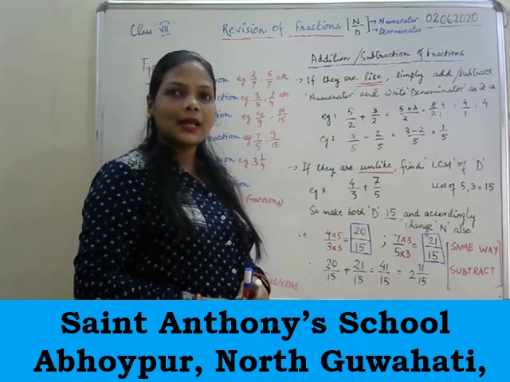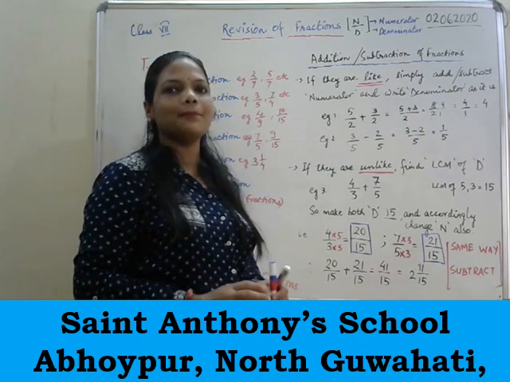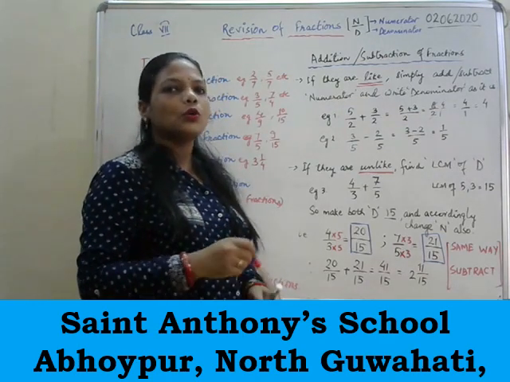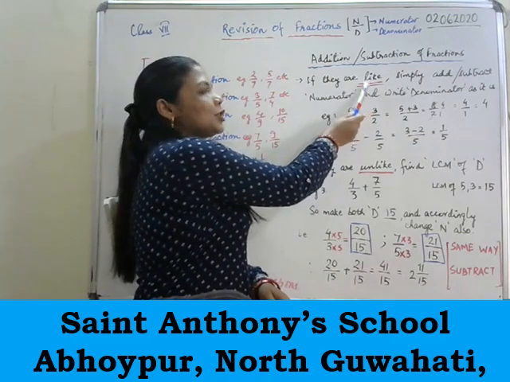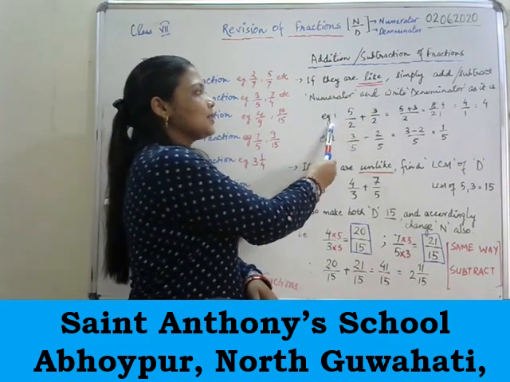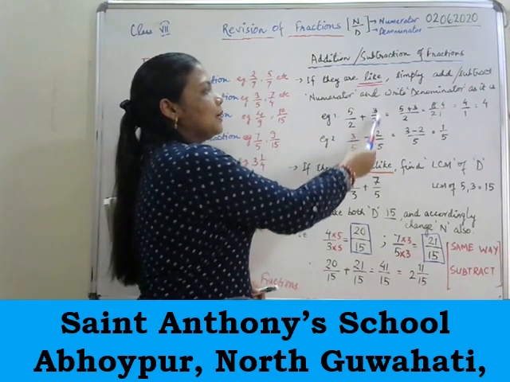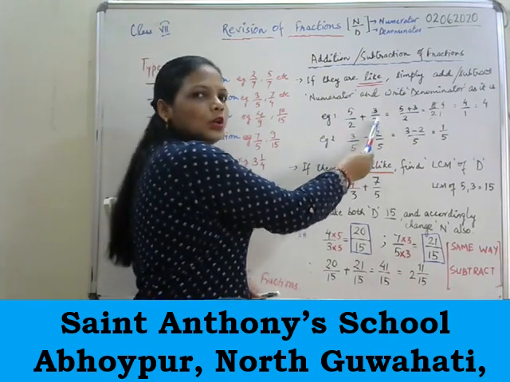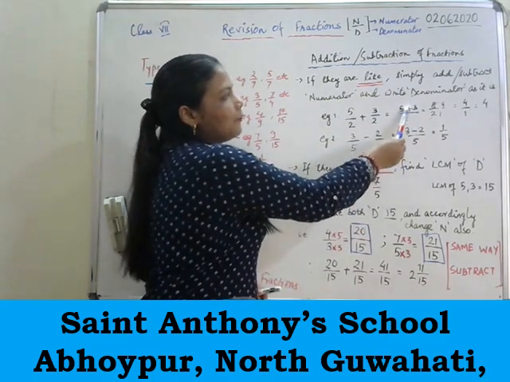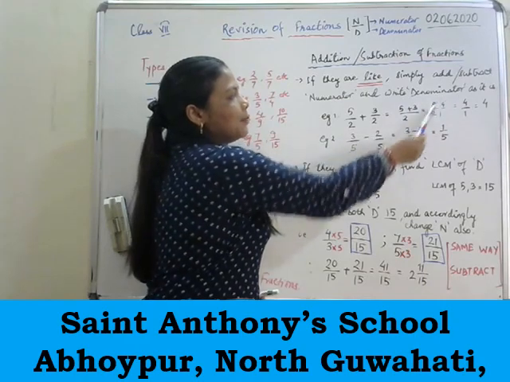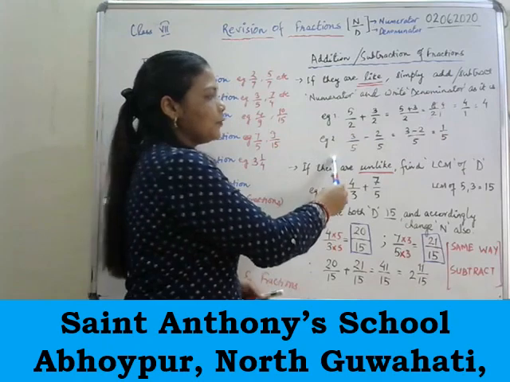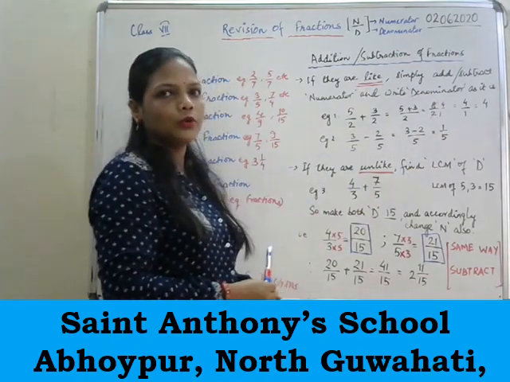See, addition and subtraction of fractions is very important and very easy also. The only concept is to see whether the fractions are like or not. If they are like, things are very easy. See one example, 5 by 2 plus 3 by 2. Now they are like fractions. So what I will do, I will simply add the numerators and keep the denominator. 5 plus 3 is 8. 8 by 2 can be further reduced to 4 by 1, which can be written as 4. Same way for the subtraction also. I am not going to explain that.